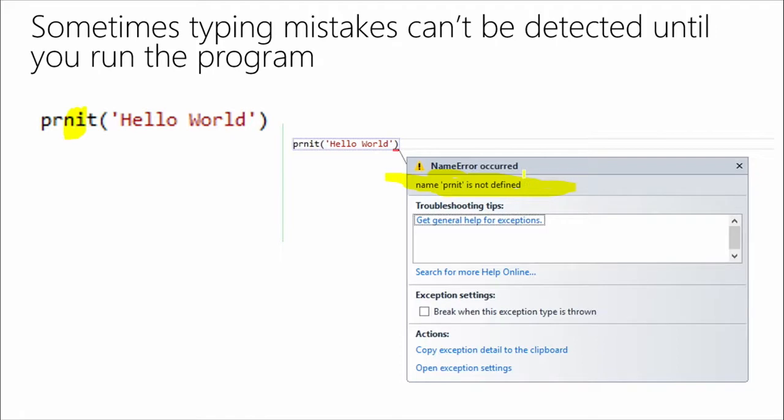We actually saw this in the last module, when I had defined the function down below and then put the code up top, and when I went to try and run it, Visual Studio didn't give me any red squigglies. In fact, Visual Studio was even nice enough to give me a bit of IntelliSense. And then when I ran it, that's when it said, oh, wait a minute, you've got a problem here. That's right. So with these types of errors, you'll get error messages at runtime. Again, this doesn't mean you're a bad coder.